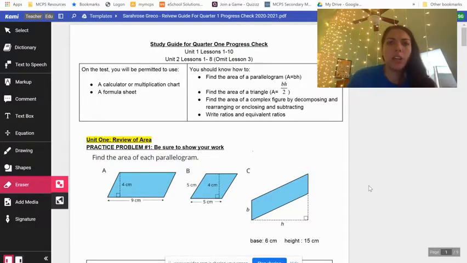Okay, so today we're going to go over our progress check review, and I want to make sure you know how to solve these because it's going to be on our test. So number one, find the area of each parallelogram. Well, if you remember